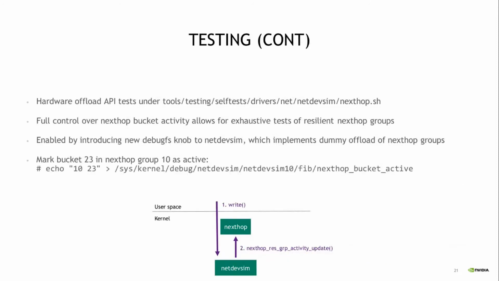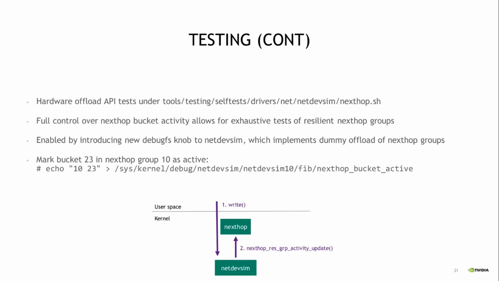And let's talk some more about testing. In particular, because of the statefulness of the algorithm, it's tricky to make sure that some edge cases are going to be handled correctly. And so we ended up writing a netdevsim offloader for the resilient NEXTHOP groups. And besides just exercising these